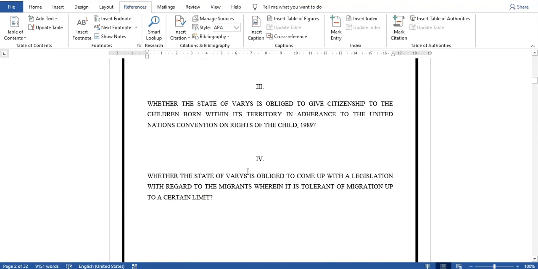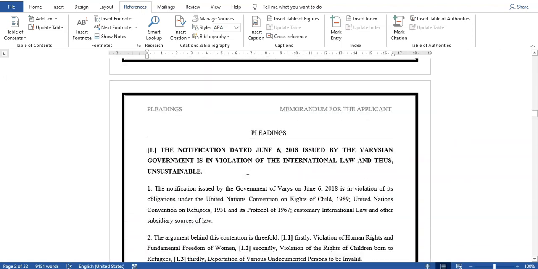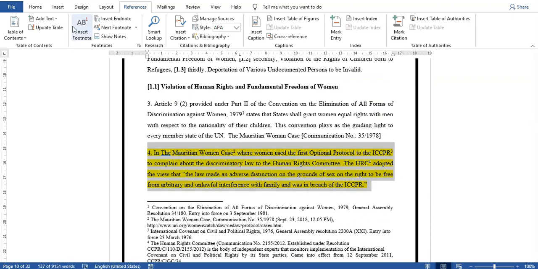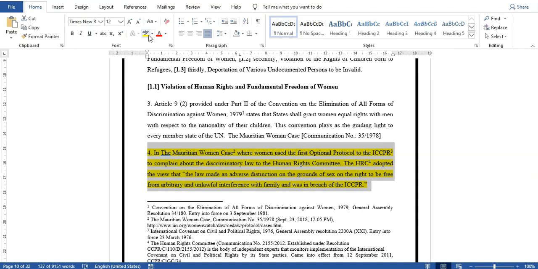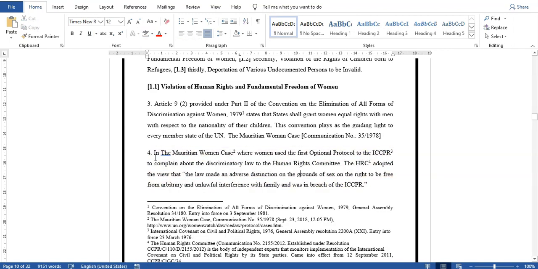For example, I have marked this out like this so that I can easily find it. So this is point 4, statement 4 in the Mauritian Women case. This is a case that I am citing. The authority here is classified under a case. So let me select that,